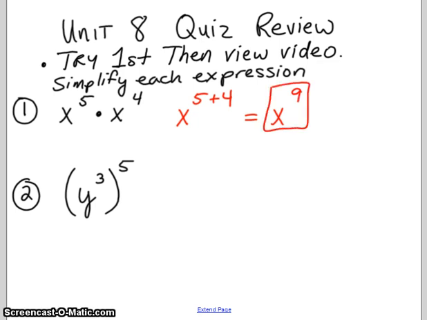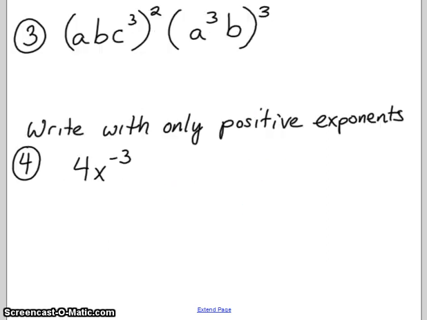Number two, we have a power raised to a power. The power of a power says that we should multiply the two powers. So that should be y to the 15th. Number three,